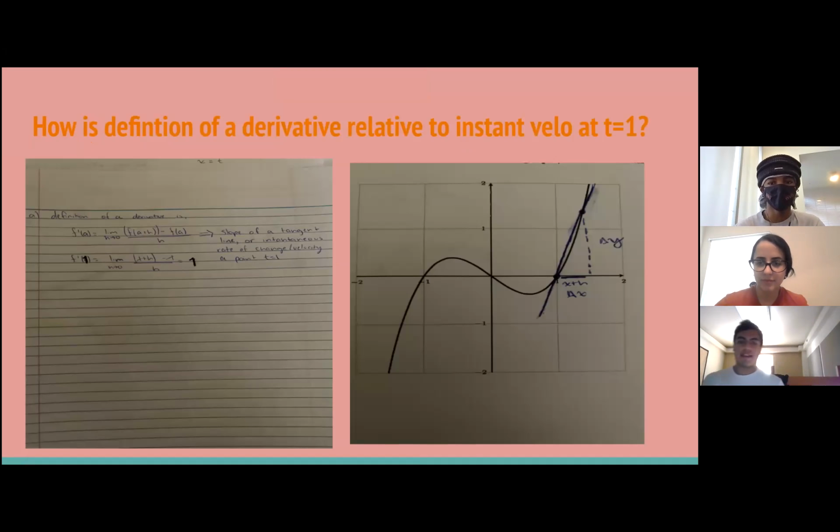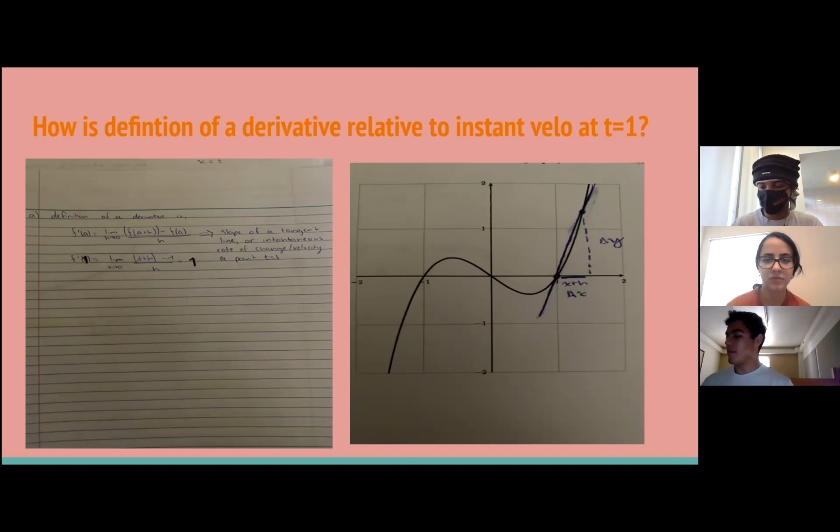For part A, it asks how the definition of a derivative relates to the instantaneous velocity at the point t of 1. For that, I wrote down the definition of a derivative, which is the formula: if f prime of a exists, and a is equal to x, it would equal the limit as h approaches 0, where h is the distance between the two points, of f of a plus h minus f of a over